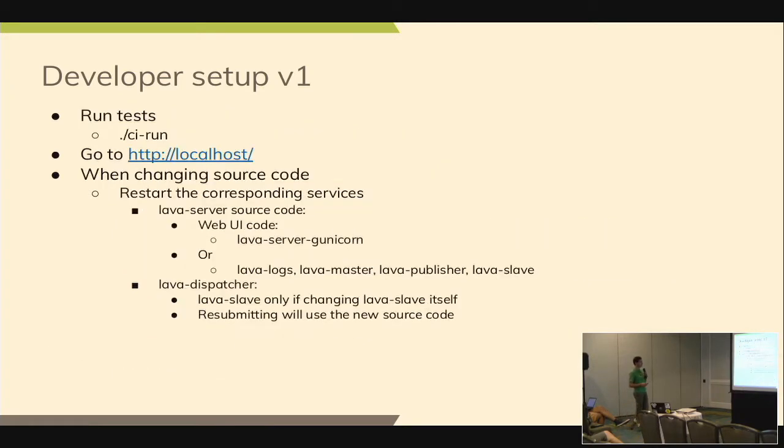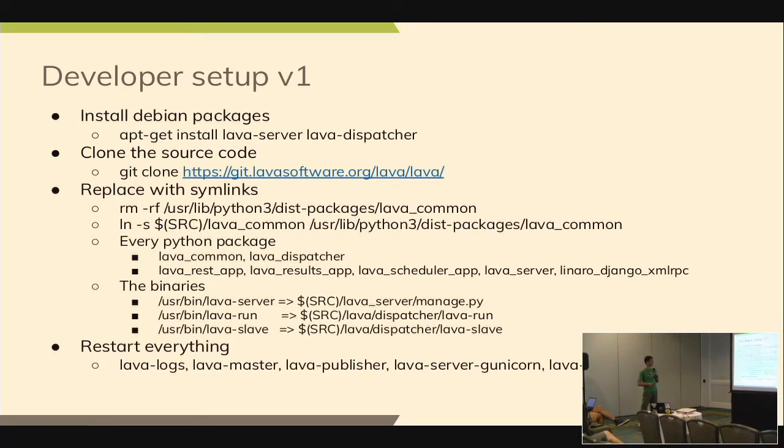So the first one, which is the one I'm using personally, is that I'm installing Lava-server and Lava-dispatcher using the Debian packages. So it will install a running instance on my machine. And then I'm hacking it. I'm fetching the sources from Git. And then I'm just replacing in /usr/lib/python3/dist-packages, this package, Lava something. So where it was installed by the Debian package, I'm just removing the sources, the Python modules that are inside.